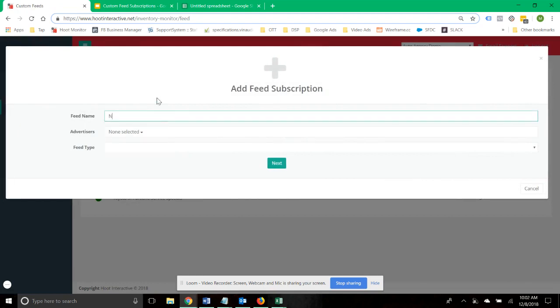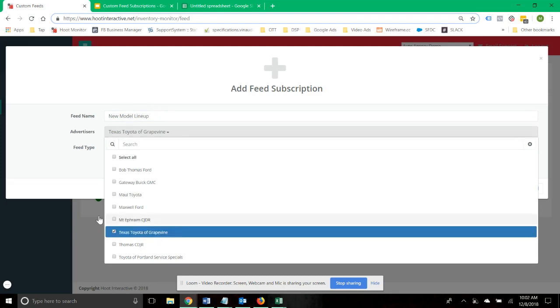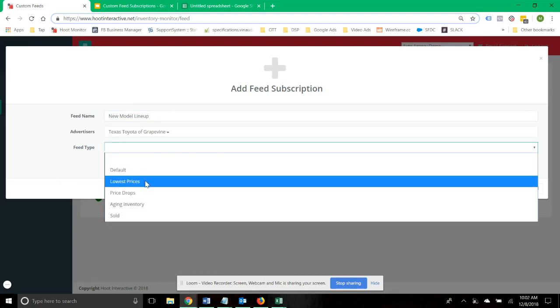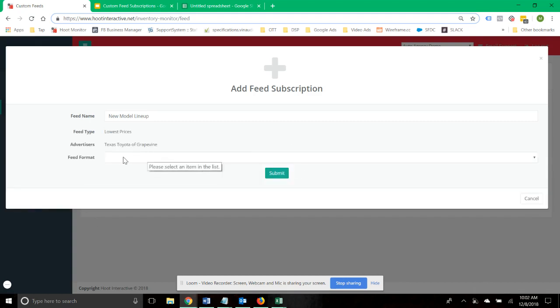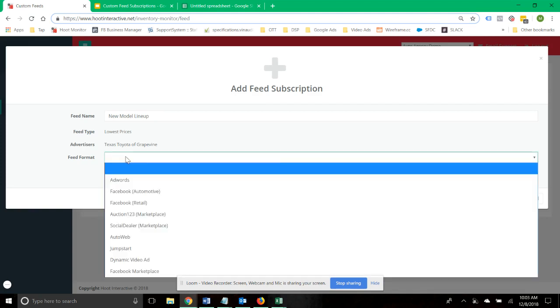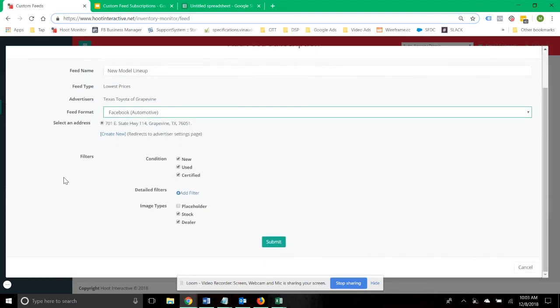For this one, I'm going to create what I'm going to call a new model lineup feed, and use our Texas Toyota Grapevine. Feed type, I'm going to use our lowest prices. Now this is a special type of feed that behaves very differently than the others, and it's easiest just to show you, so stick with the Facebook Automotive format. Now we're calling this a new model lineup, so certainly I don't want our used and certified vehicles,